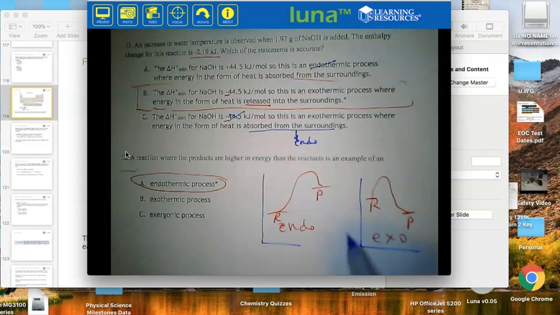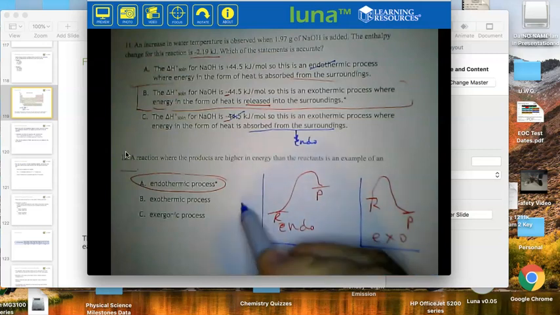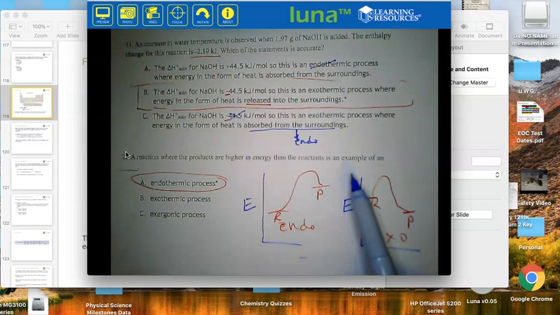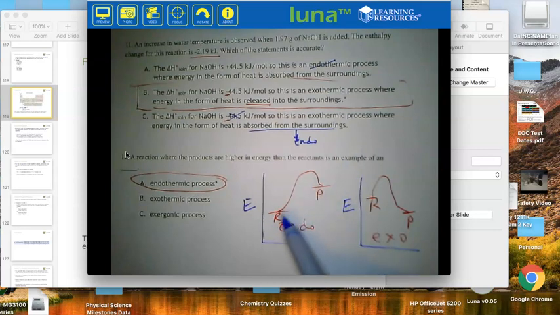With endothermic, remember, heat or energy is absorbed, so whenever you plot energy over the time course of a reaction, starting out with reactants, with an endothermic reaction, energy is going into the system, so more energy is required to break the bonds of the reactants than is released during new bond formation of the products. And so if you're starting out with an energy value here, the amount of energy you're left with as products